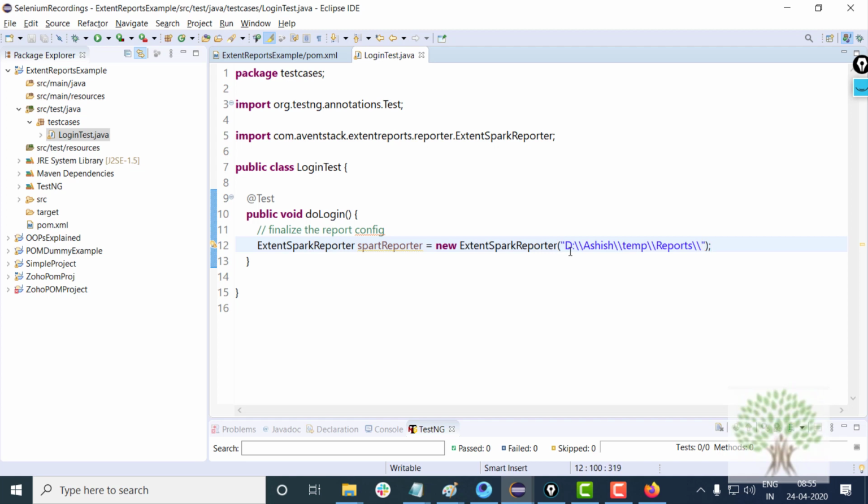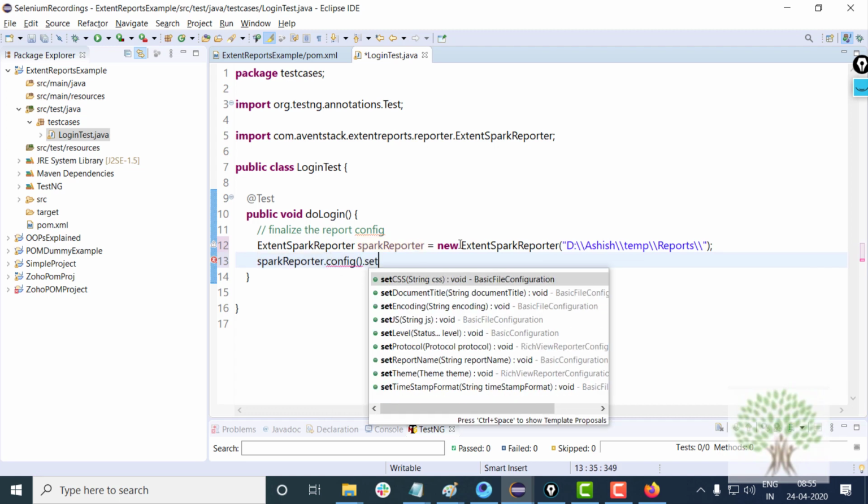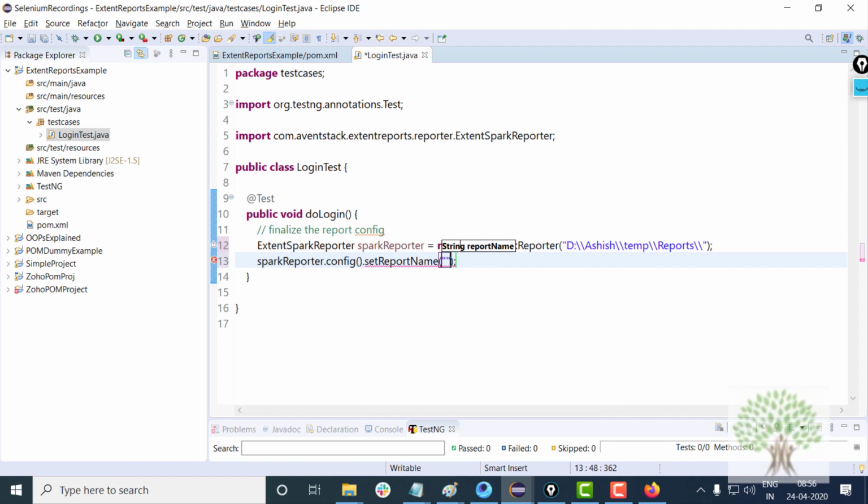So in the Spark reporter, you can add different configurations. You can write over here dot config dot setReportName. What is the name of the report? For example, I will write over here production regression testing. So this is going to be the name of my report.